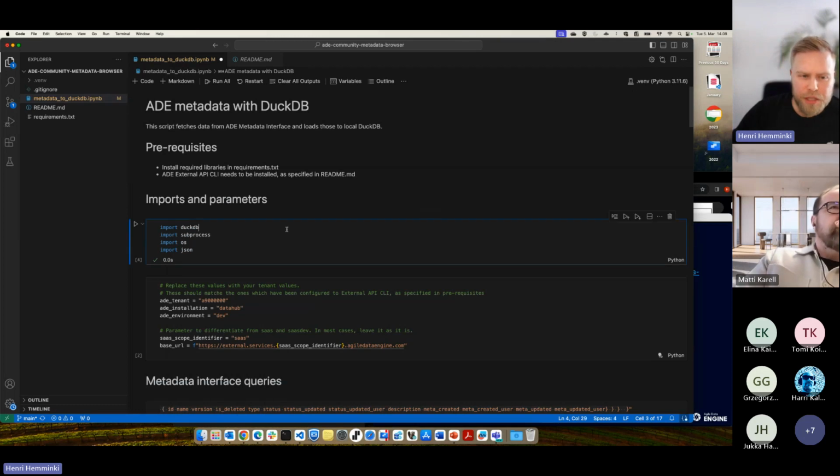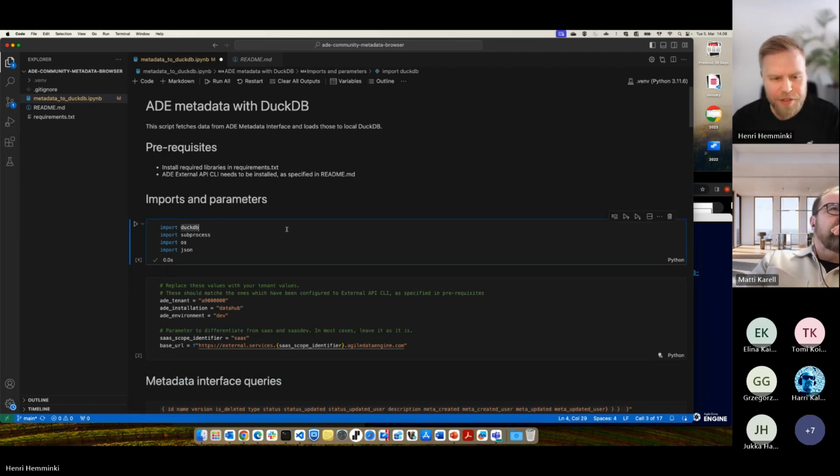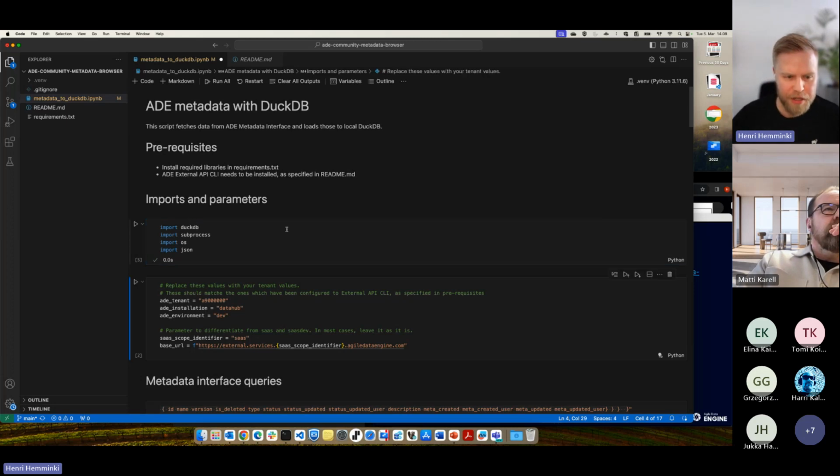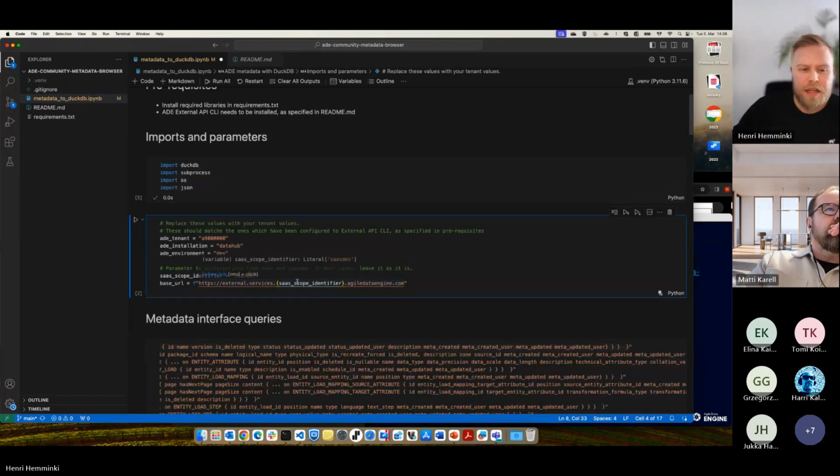If you're not aware of notebooks or Python, that's fine. What I'm doing here initially is setting up the parameters. So we are using our ADE demo environment, and giving some parameters.